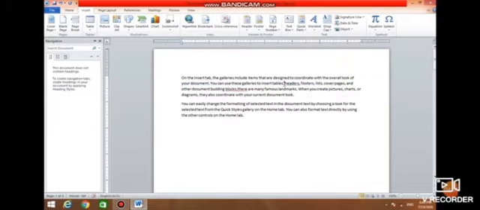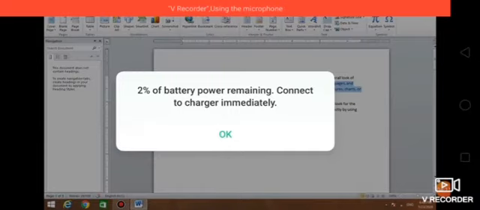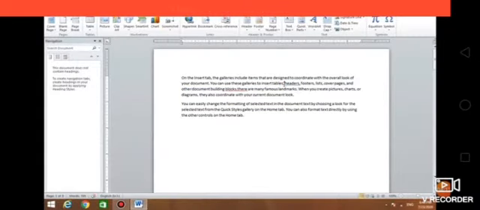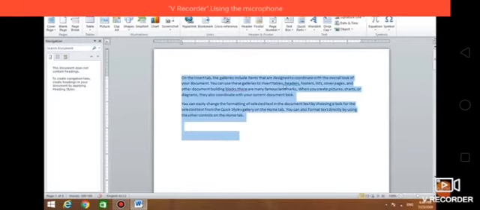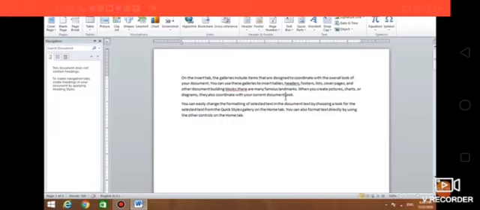And selection from the current position to the beginning of the paragraph: Shift plus Control plus up arrow. And to select the entire document, Control plus A. The whole document will be selected.